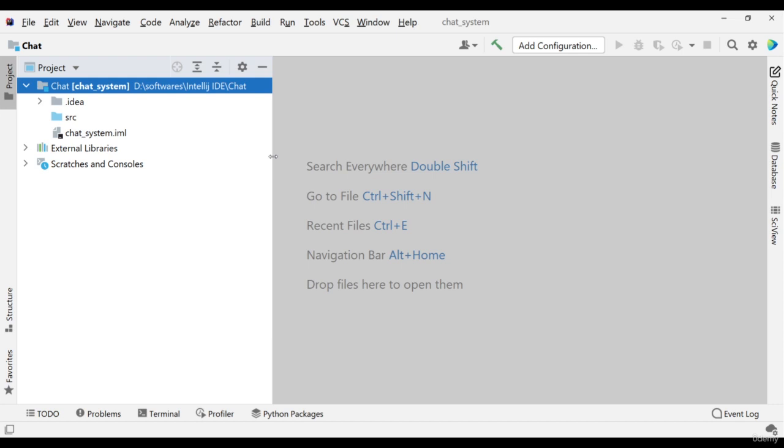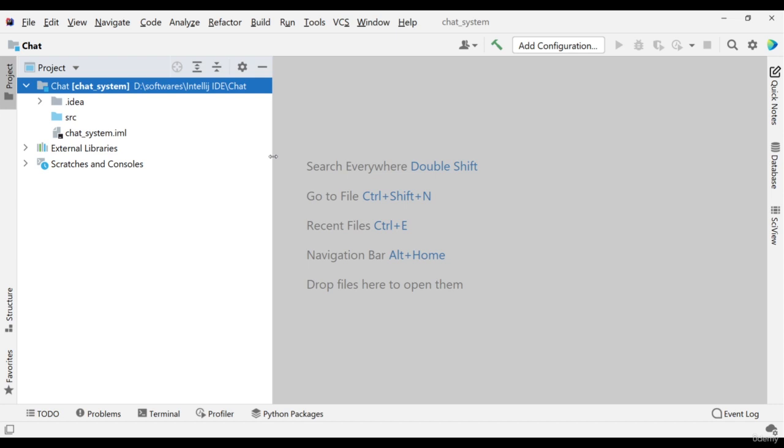You just need to create a new Java project in the IDE. After clicking New Project, it will show some different options: Java EE, Java Web, Spring. So you should remember you have to use only Java here, then specify your JDK. The IDE will automatically find the JDK loaded on your system. If you haven't installed it, you also have the option there to install the JDK.